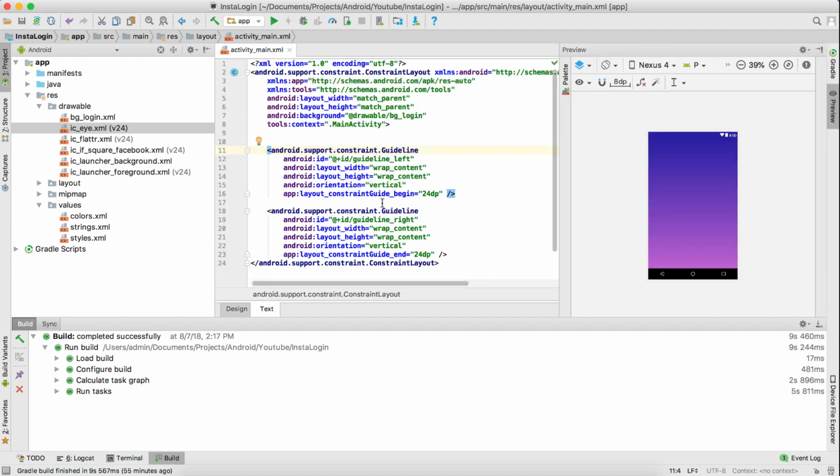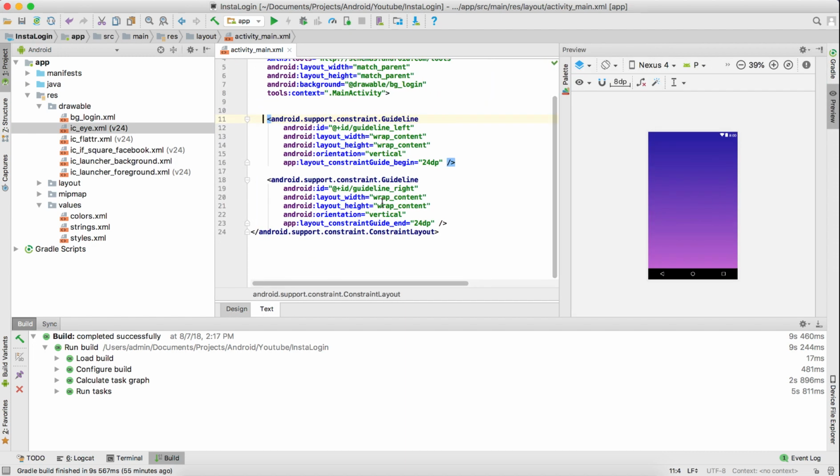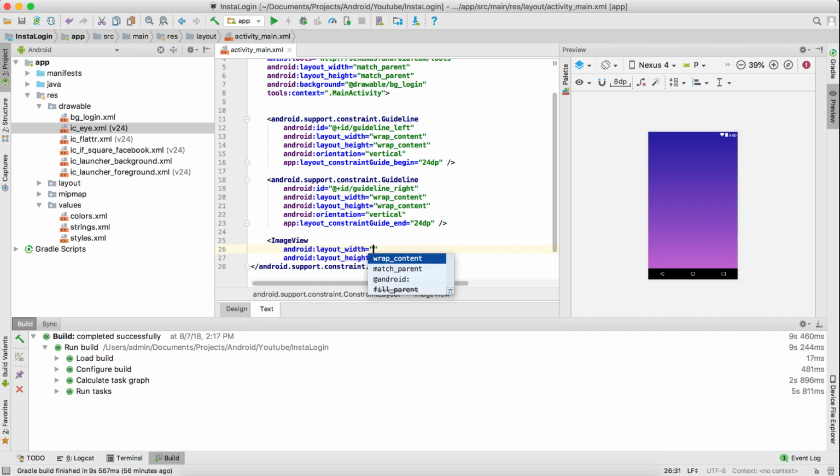That's good, the text view. You see that it has written all the code you need for you. Okay, the orientation is important. It's vertical. In case you need horizontal guides, this will become horizontal. Okay, now we have those two. We can get the image view now, raw content, and